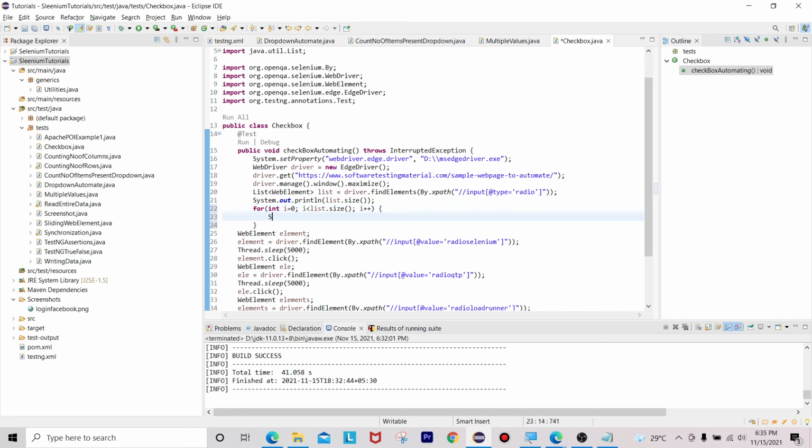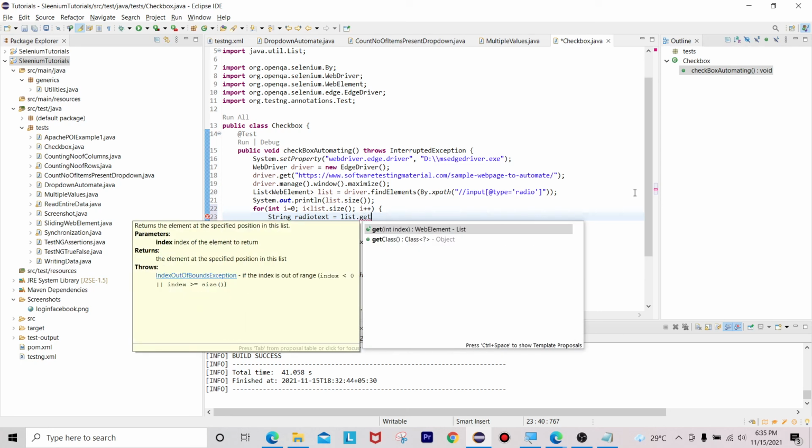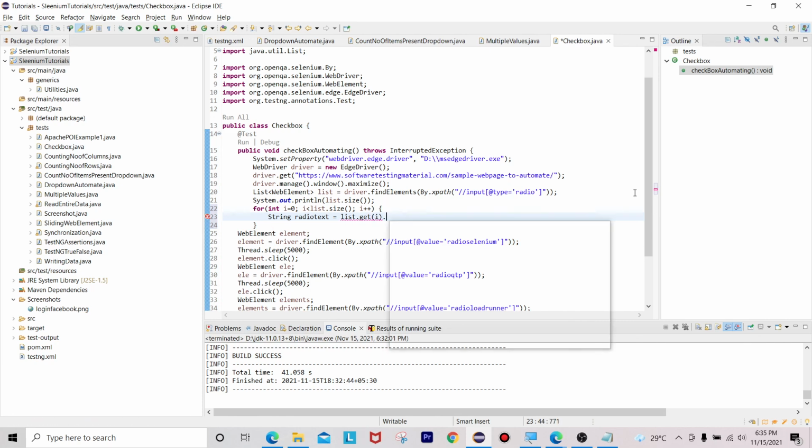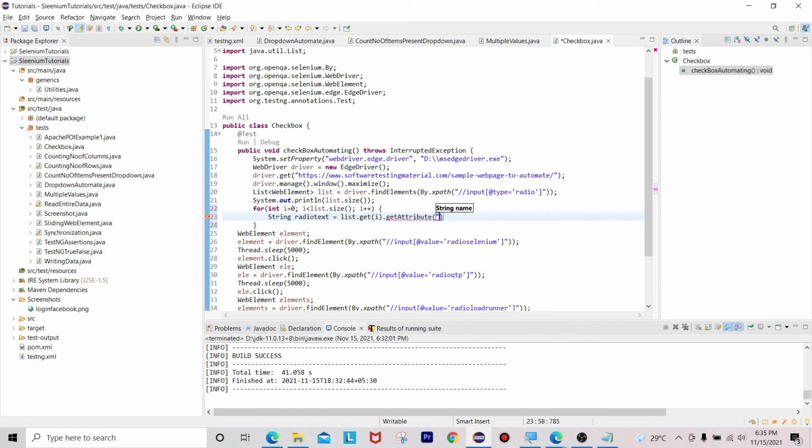Now String radioText equals to list.get(i).getAttribute, and I want to use the help of value.